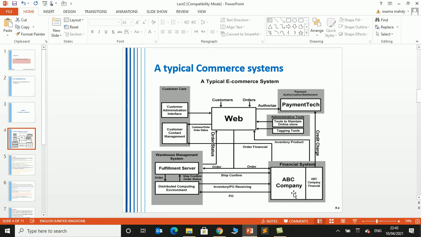Electronic fund transfer, you may have heard about this technology, which deals with capturing and processing information on money and credit transfer between bank, business and customer. It's a very, very large business and large technology